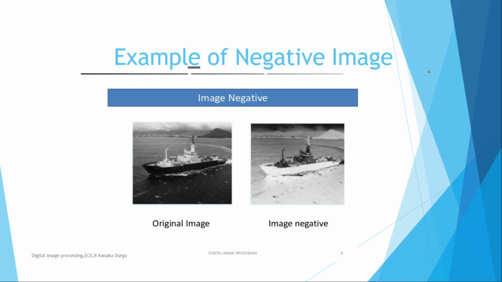So observe this photograph. This is the original image. If you observe, the water is black and the shape of the boat layout is black. The remaining area is white. When I apply the image negative transformation on this image, it changes to opposite colors. The water changes to whitish, the boat layout, which is black, changes to white, and the ship containment, since it is white, changes to black.